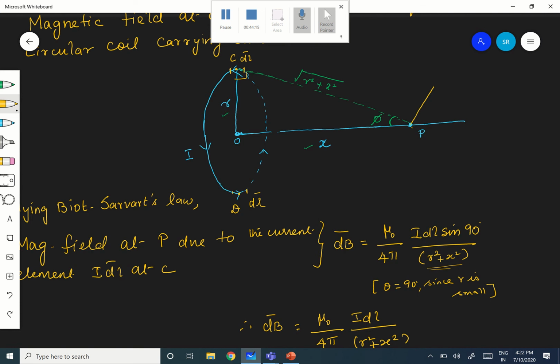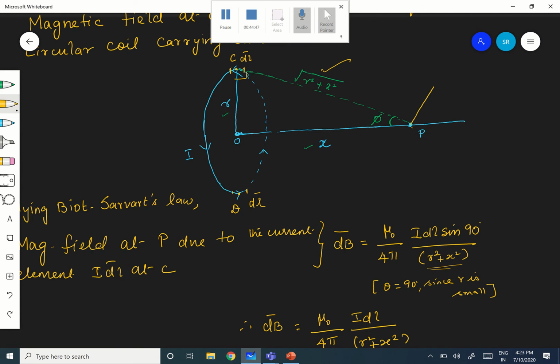If you want, that is why I told you I have taken radius R first. If I had taken A, it might be confusing. That is why I have taken radius R. But the distance of separation here, Biot-Savart law says that R means the distance between the current element and the point. And in this case that is root of R squared plus X squared. It's not R squared. Here R is nothing but the radius we have taken. Hope you are following.